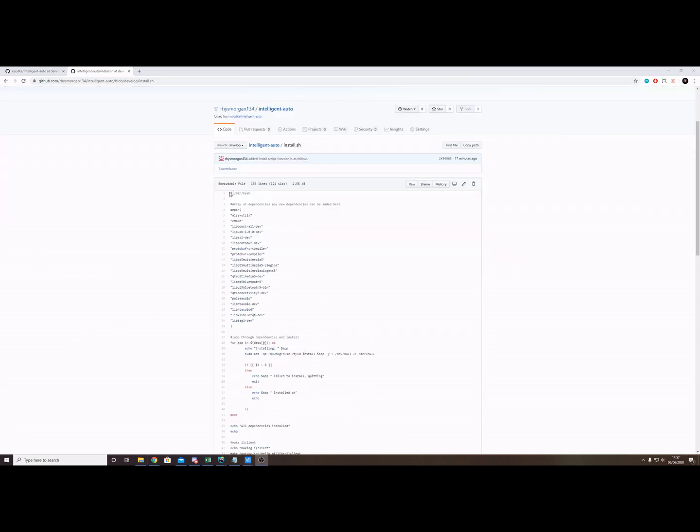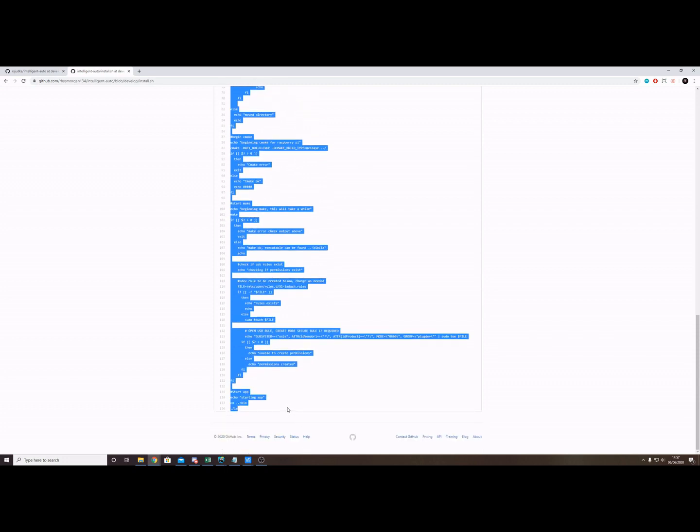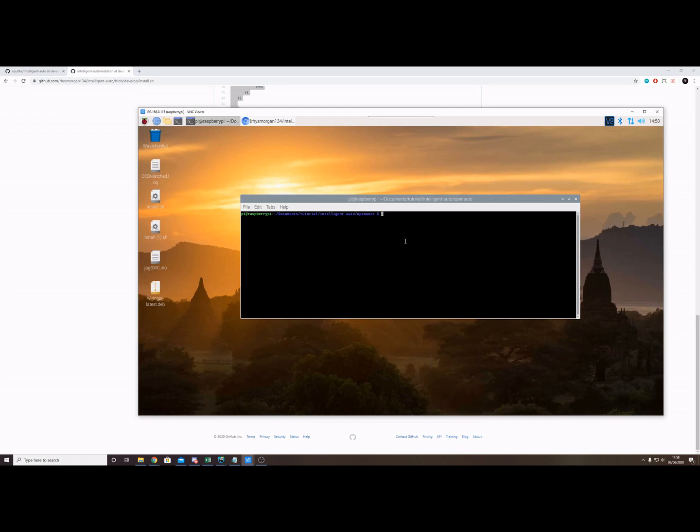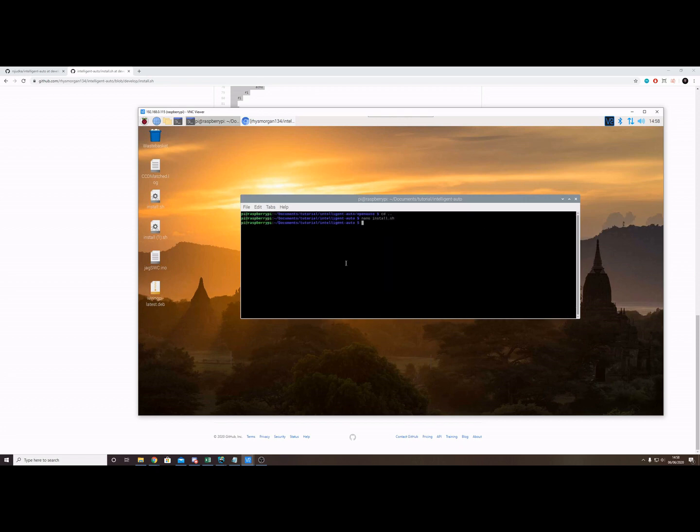Until it's pulled in, an easy way to get this script into your project is to highlight it all and copy it, go back to the Pi, go up one directory, and then do nano install.sh. We can just paste it in, then Control X and Y to save, then enter to save the name. Now we need to make it executable, which is chmod +x install.sh, and then we can just run it,